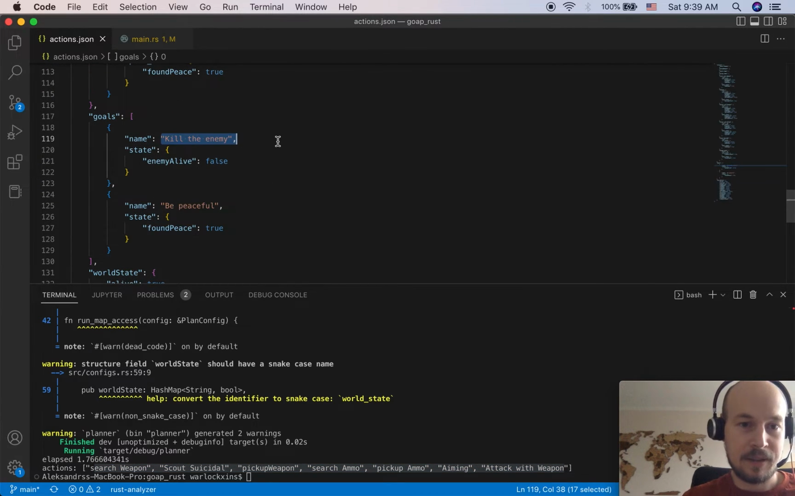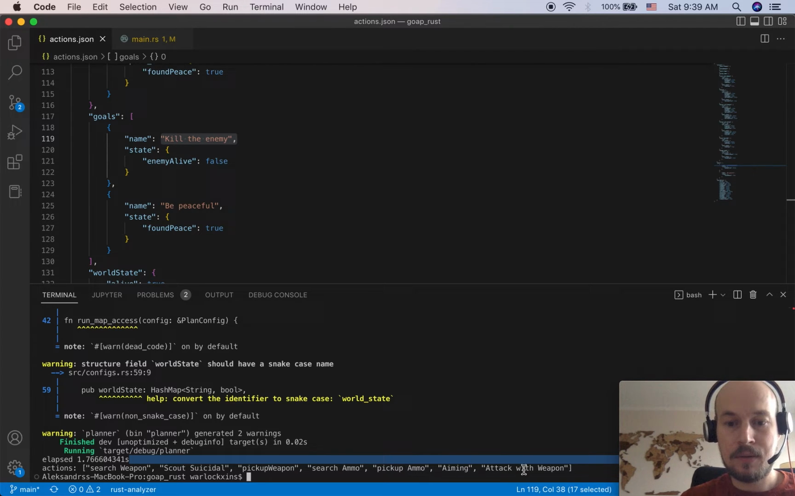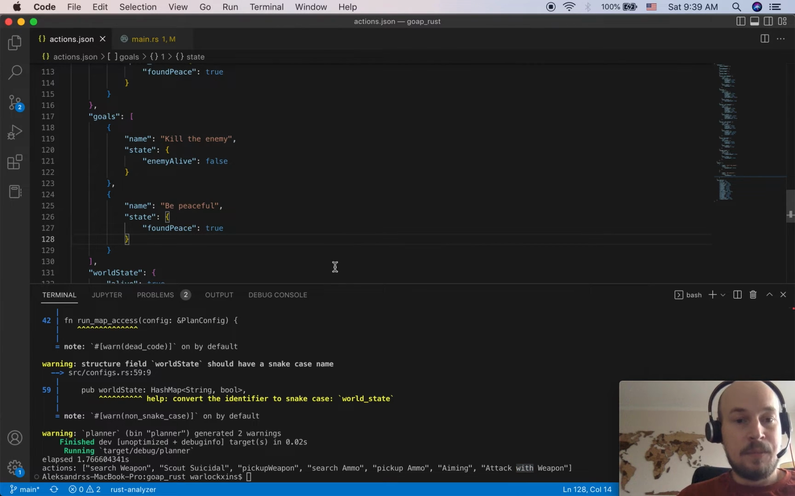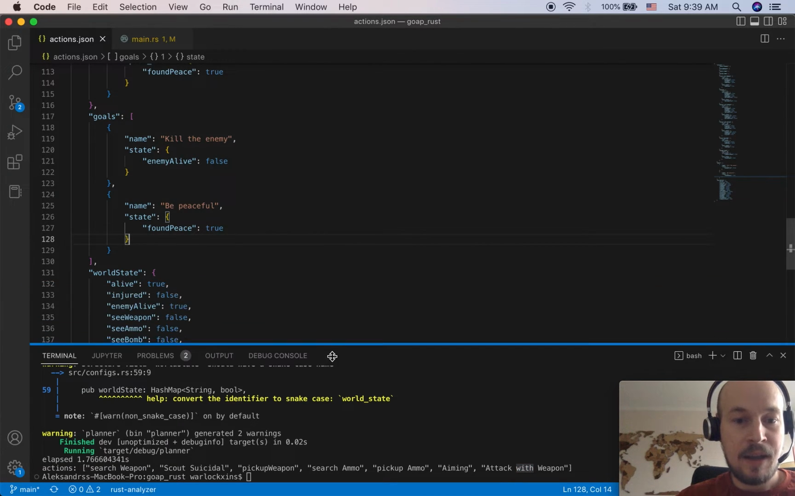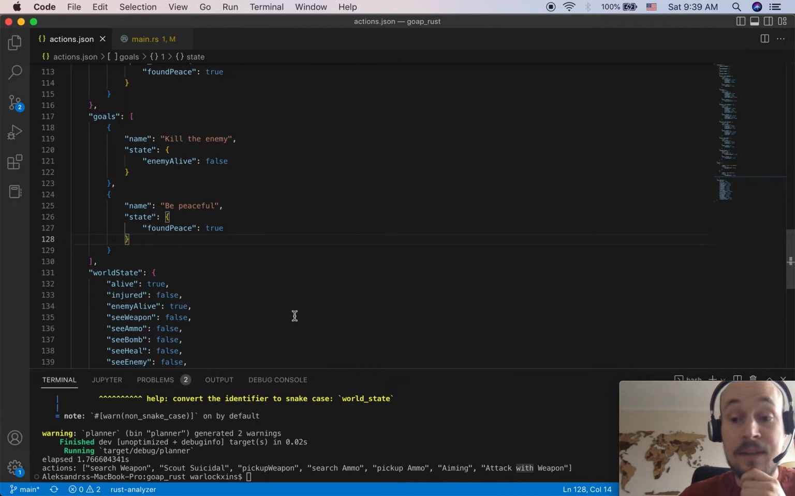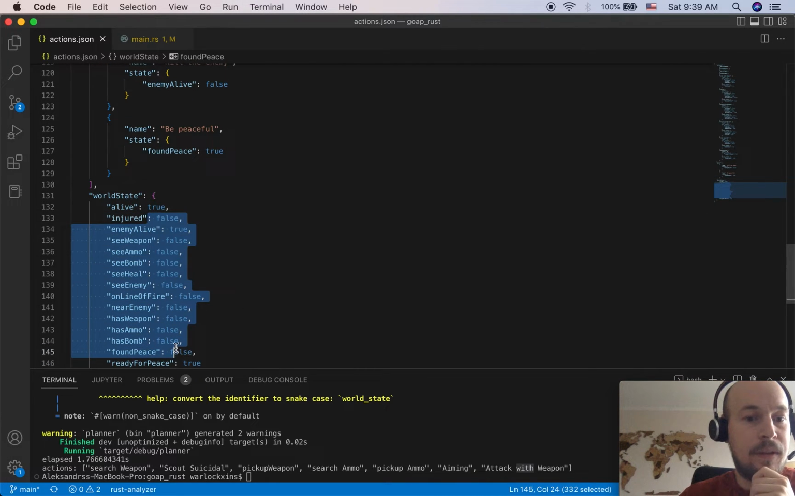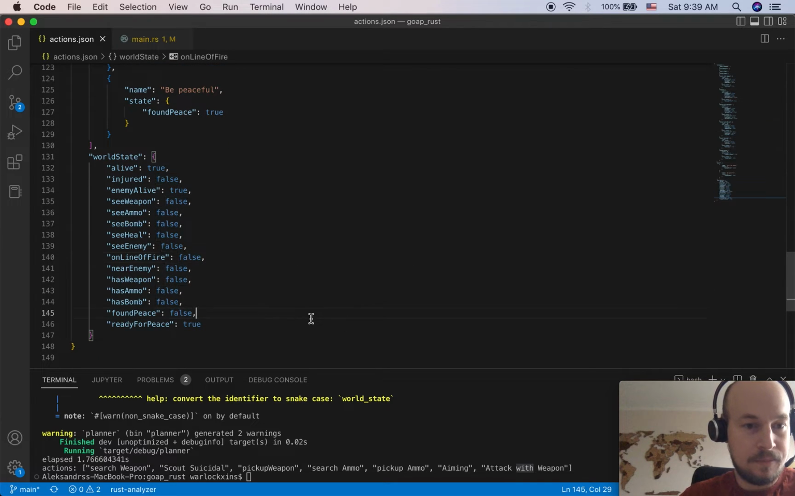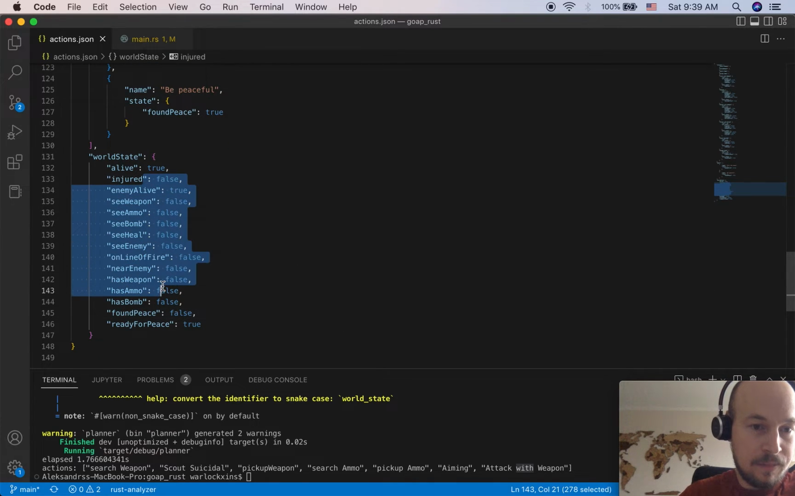In this case, like kill enemy, right? So the goal-oriented action planning algorithm figured out that in order to kill the enemy, we need to search for a weapon, search ammo, and then attack with weapon. This is all fine. At this point, I feel like I need to have a sort of an editor to fill in these values because the algorithm heavily looks into